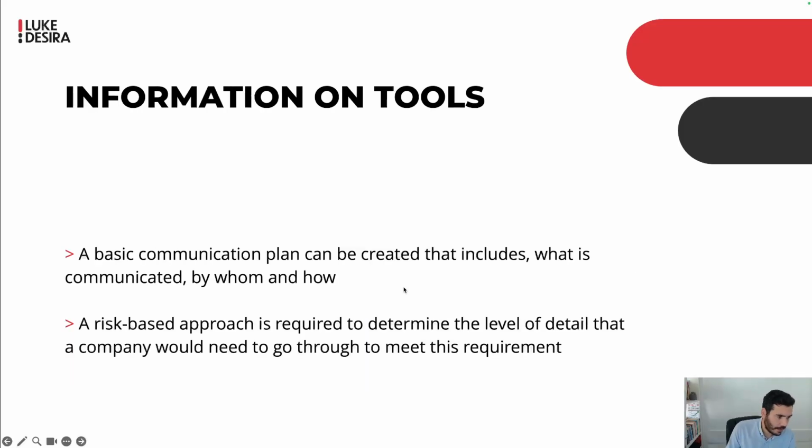Now, here we therefore have to have a communication plan, and a risk-based approach is required. So if we notice that, for example, there is a risk that if we don't communicate our regulatory position to a regulator, there might be fines, then I would want to include that in the communication plan, who's going to be responsible to do that communication, with whom, when, etc., like we've seen in the table earlier.